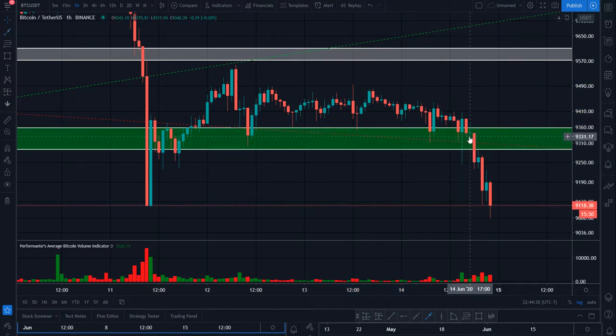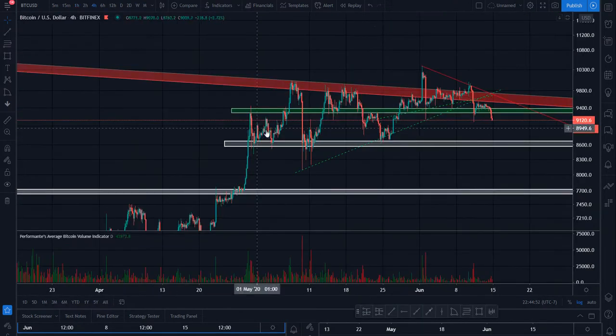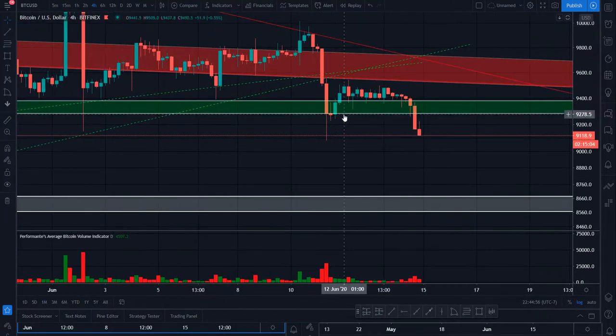But then 3 candles later, we got a huge amount of sell pressure with a huge bearish engulfing candle that really, well, it didn't really go from the previous one because it kind of needs to have a body, but a significant amount of sell pressure came into the market, pushed the price below a major level of support. Now we did get a wick to the downside here, but we can see on the 4 hour time frame we were able to hold the previous support.